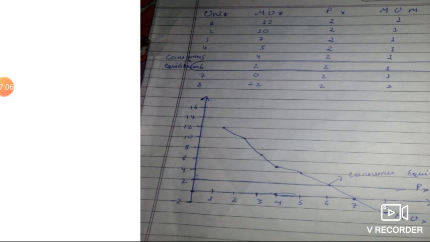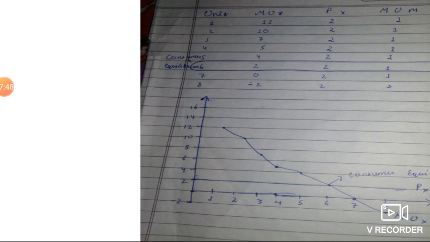Now the question arises, yesterday I told you, after consuming the sixth unit, the consumer is still getting utility. Okay, fine. But for the seventh and eighth you will find he is not getting any utility. Rather than purchasing this unit, he will consume another type of commodity. Suppose this is golgappa, then the person will consume ice cream as a replacement. So it is assumed that a rational consumer will stop consumption when MUX is equal to PX.